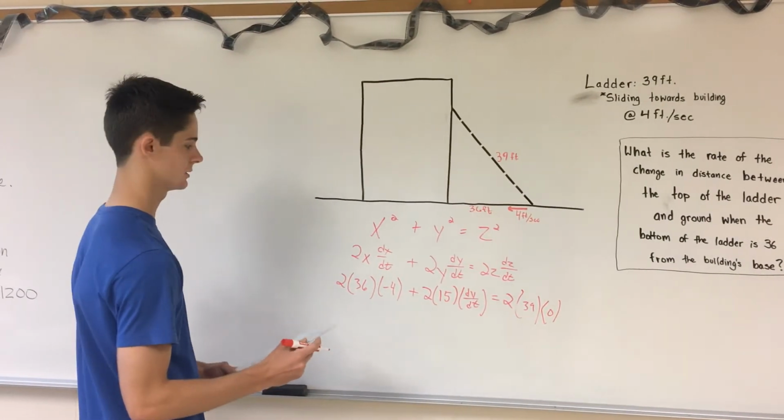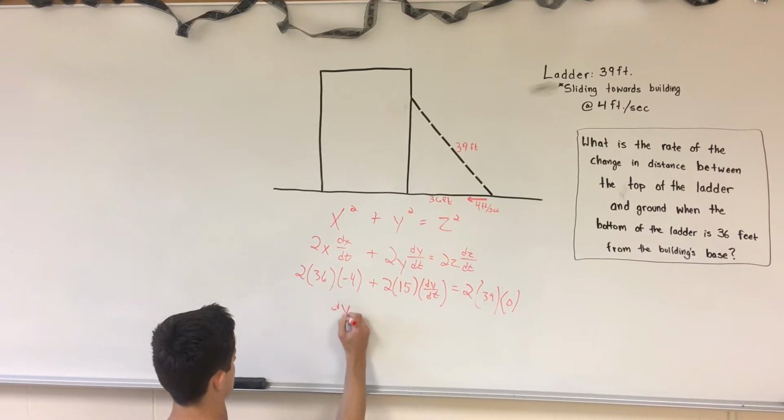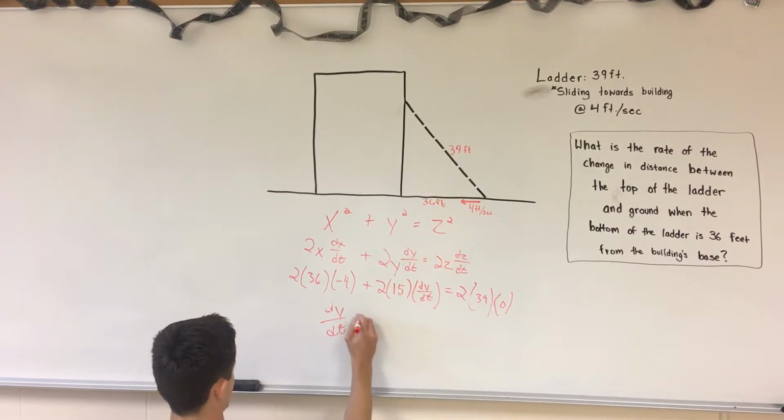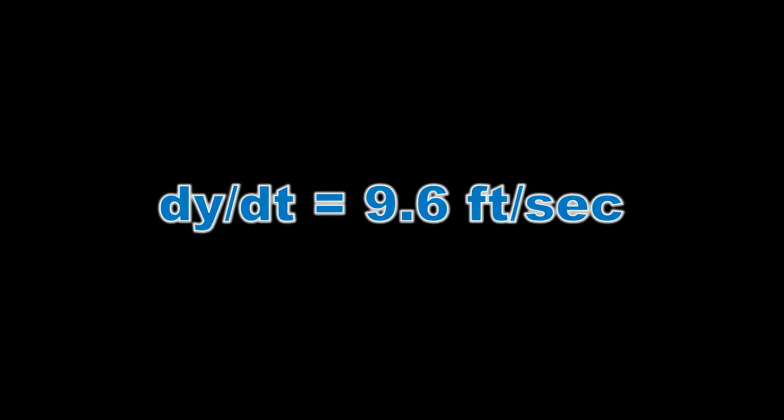And then what you're going to do is solve for dy/dt. So your answer comes out to dy/dt is equal to 9